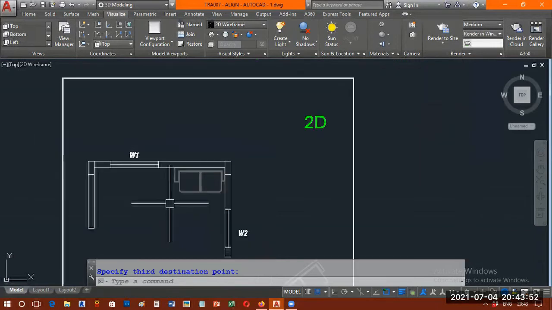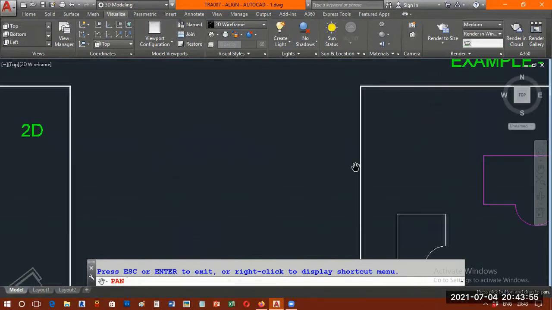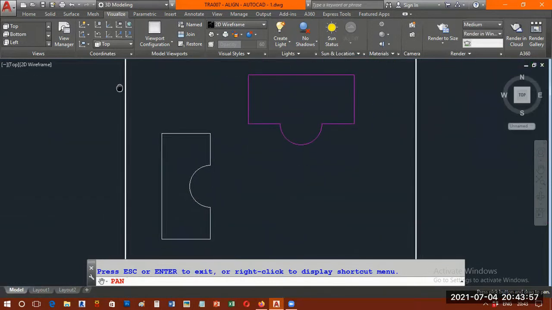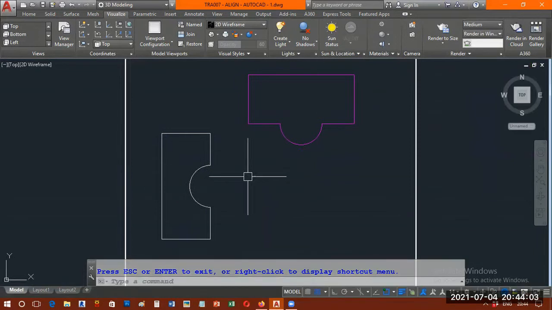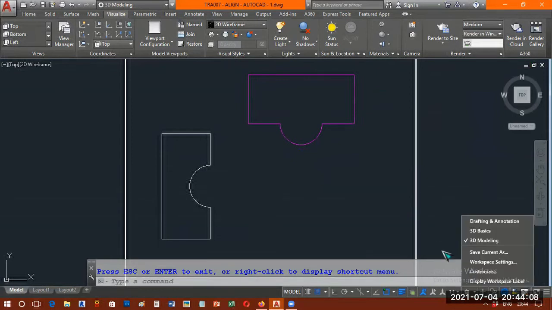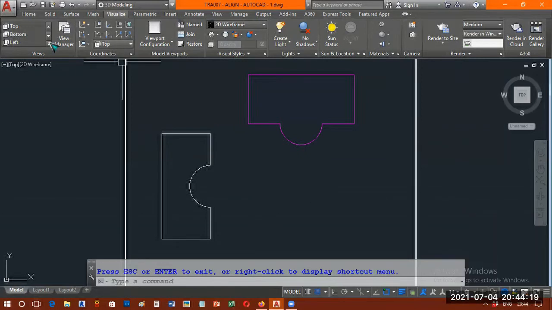Now all the part we saw so far is 2D modeling. Now I wish to move on to 3D modeling also. The same drawing, the magenta color and the white color drawing here, but if I slightly orbit, you all know that orbit right here, or else I can move to the 3D platform like this. You click here on the bottom right side. Here, workspace switching: 3D model, or drafting and annotation, which belongs to 2D model. If I go to 3D model, obviously all the layouts, the tabs and the menus will shuffle and be ready for 3D options. Now we are in top view. I wish to jump into the 3D model, that is the visualize here.